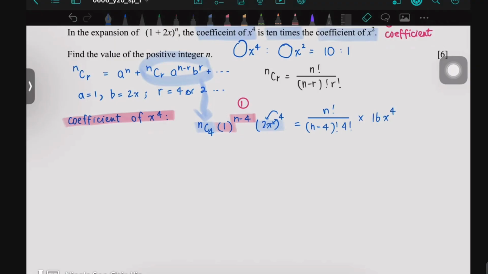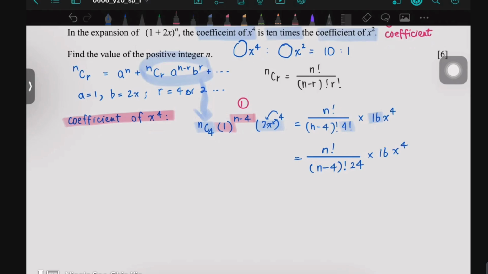So far okay? Everyone okay, right? Okay. I'm going to do a little bit of simplification for these two numbers. The factorial, I leave it first, because I don't know how to do it, for example in an exam, if you cannot do. So n factorial over (n minus 4) factorial, and my 4 factorial will be 24